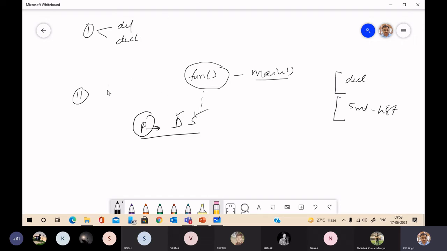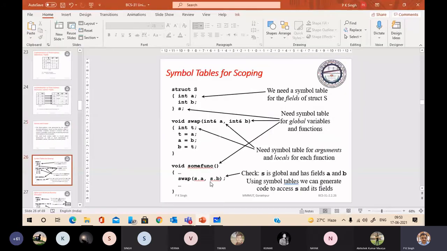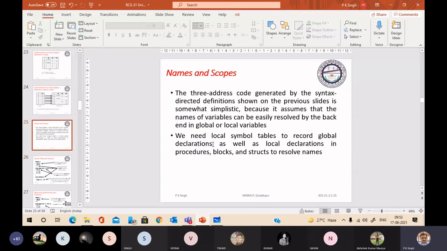Now come to the symbol table. I have told you how information is going to be managed.